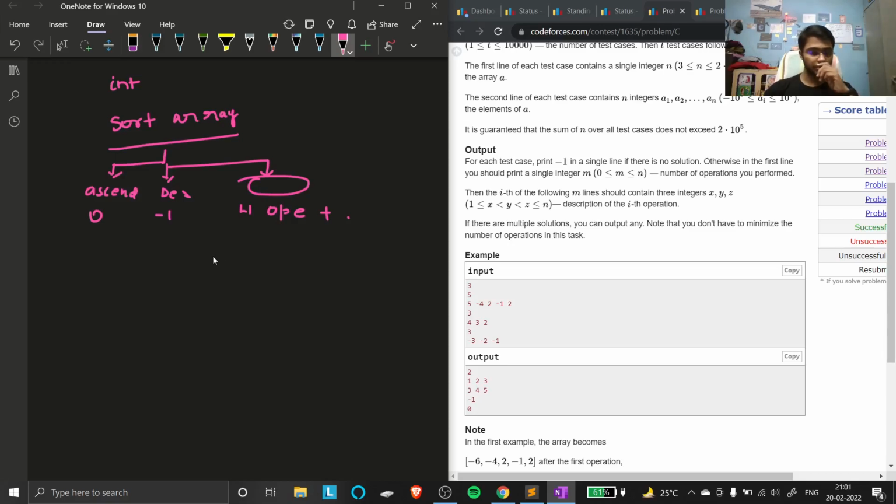Fine. 5 minus 4, 2 minus 1. 5 is bigger than this. So 1 is no problem. So if we convert this